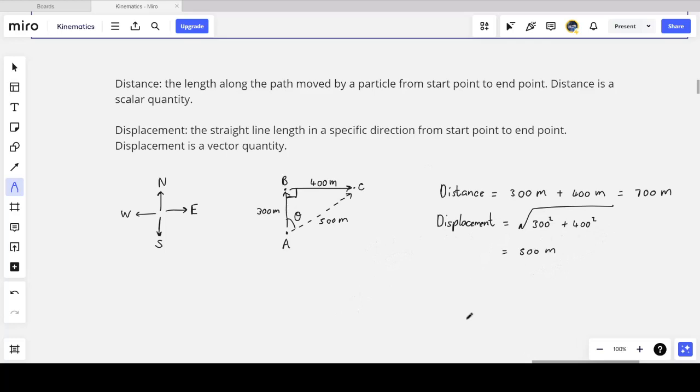But displacement also requires an angle, or rather a direction. So in this case, I'm going to use my angle to describe the direction. So I'm going to find what theta is. Now, with a little bit of mathematics, and not really complicated mathematics, I can see that the tan of theta would be y over x, the tan of north over east, if you would give me the angle theta. So theta is the arctan of the y component, or the vertical component,